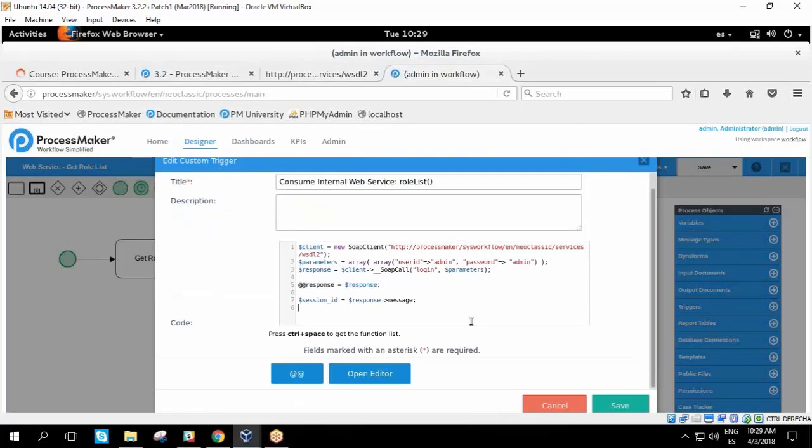So what I'm going to do now, since we've already defined the client, is define the parameters for our second web service. Here I've got parameters, and I'm going to redefine the parameters after it consumes the login web service. Another associative array here. So I've got array parentheses,